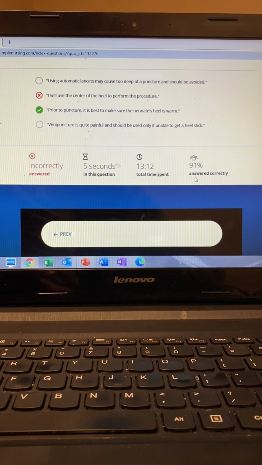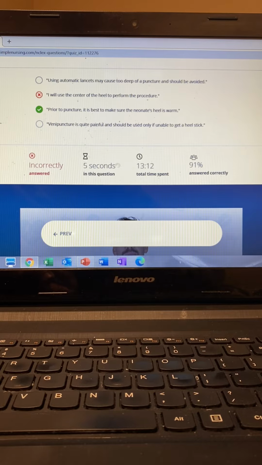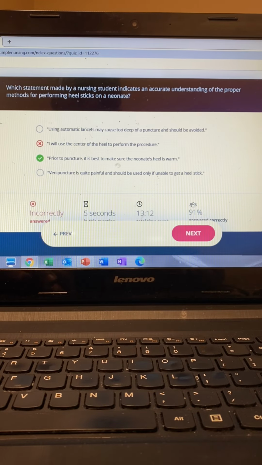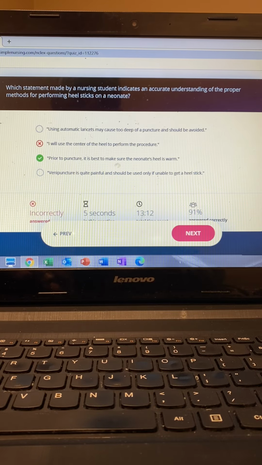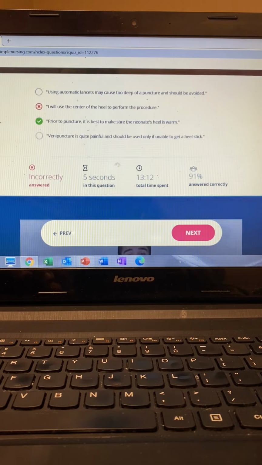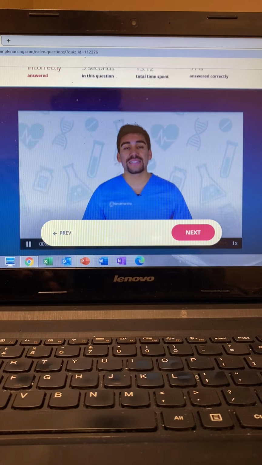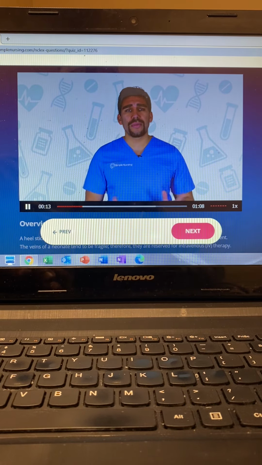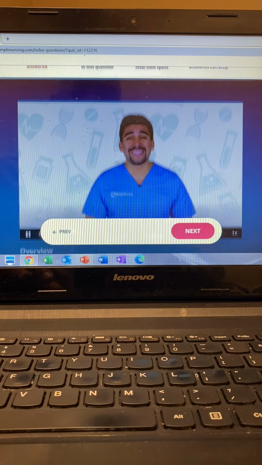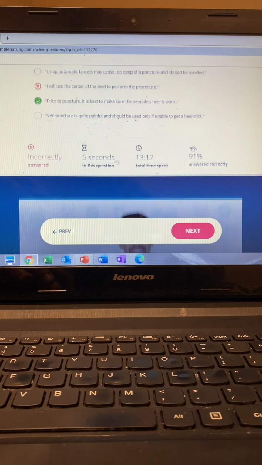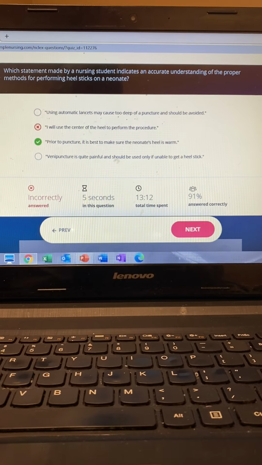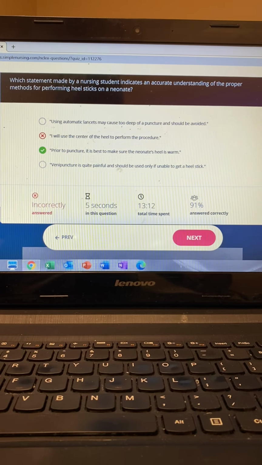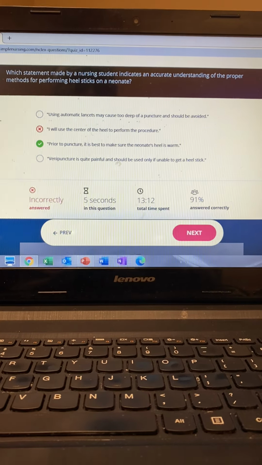Now, using our 3 steps, let's break this down. So this question is asking for the correct statement for the key problem, proper methods for a heel stick on a neonate or a newborn. So the biggest thing we're thinking is location on the heel, the lancet size, as well as prepping with warmth. So the right solution we're looking for is the right way to do a heel stick